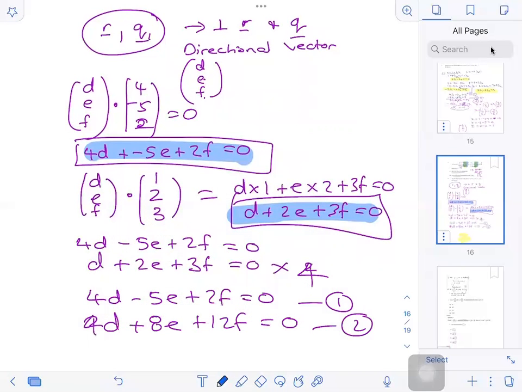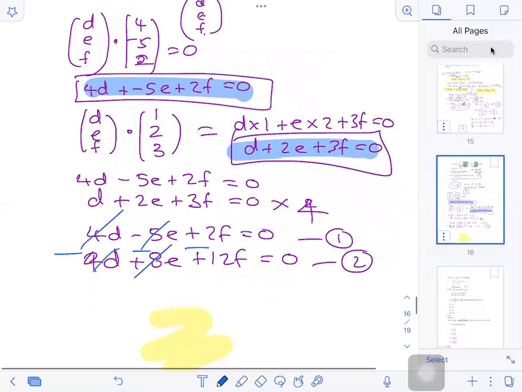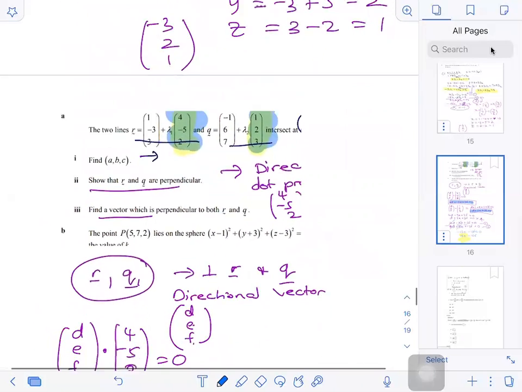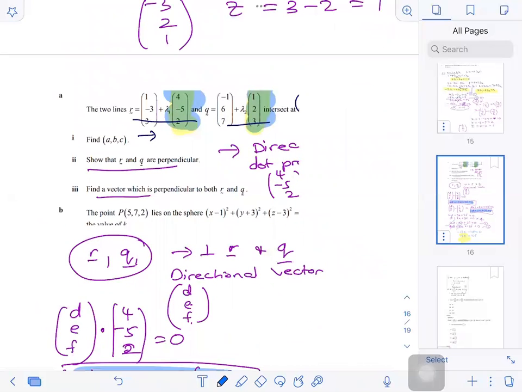Sometimes it's easier just to do that. The 4D's cancel out, and minus 5 minus 8 will be minus 13E. 2 minus 12 is minus 10F, equals 0. So 13E equals minus 10F. Okay, so basically, when you're looking at this,